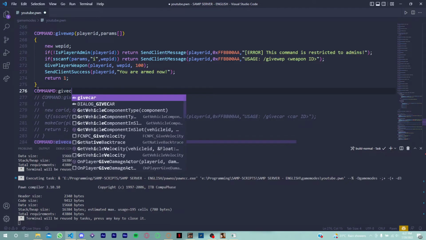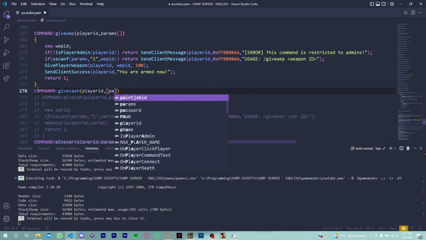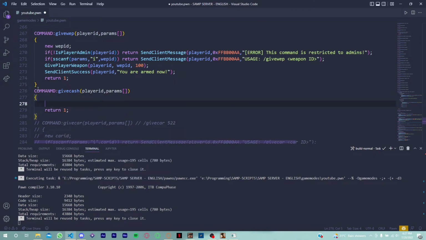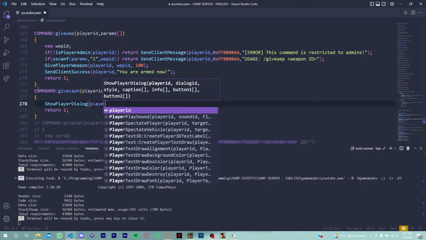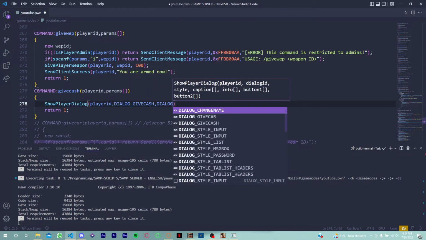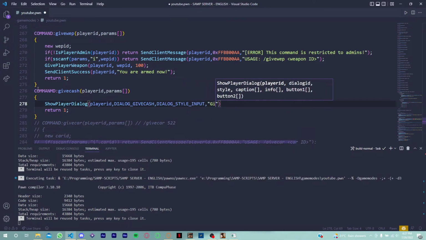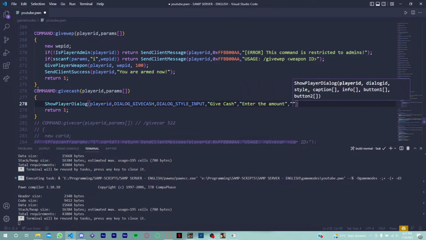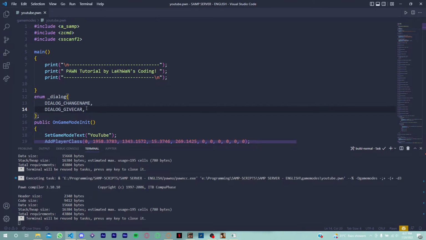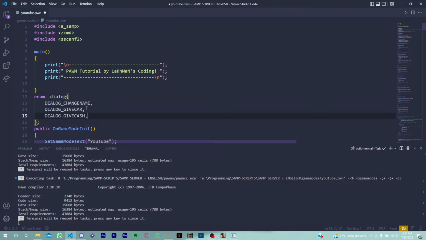Okay, so I write give cash, player ID comma params, and I will just go a bit faster because you all know everything which I'm going to write. So we write the give player cash and the dialog style input, and then I write give cash here, and then enter the amount, and then get and something like cancel. Then I will just copy this